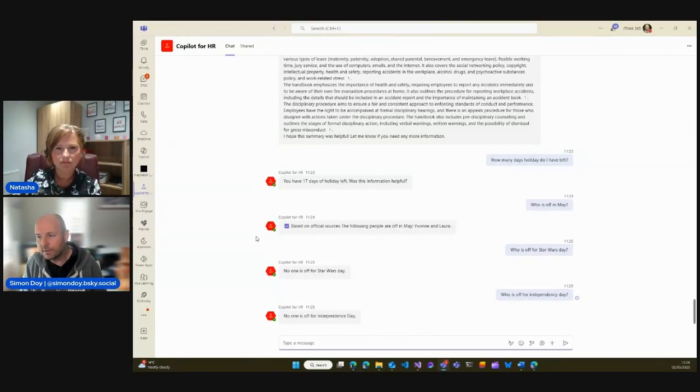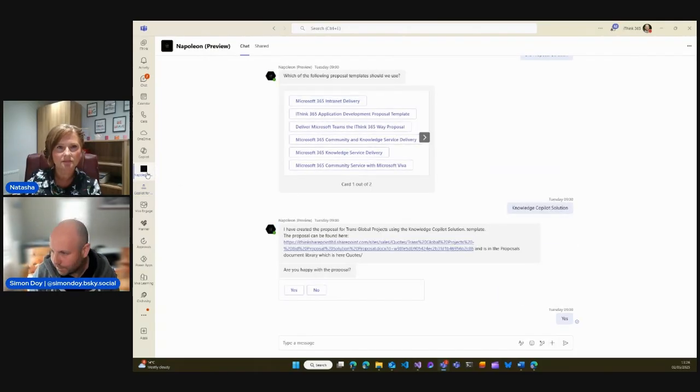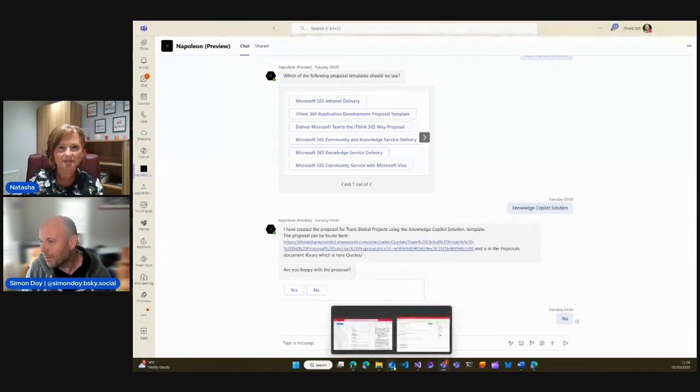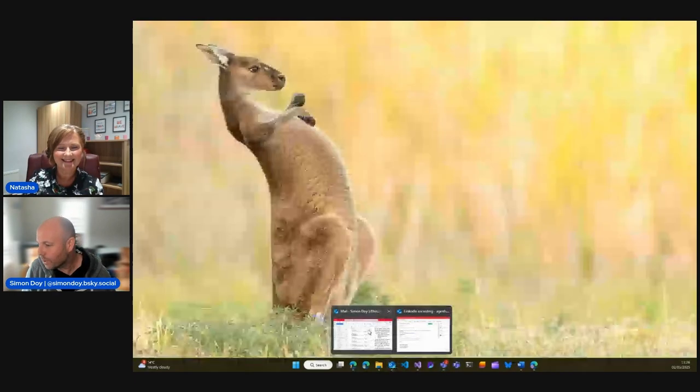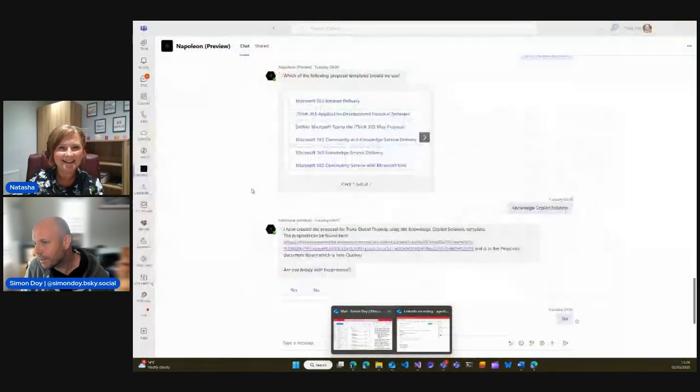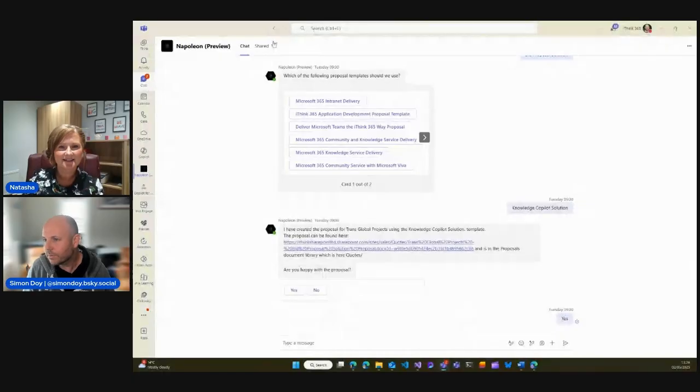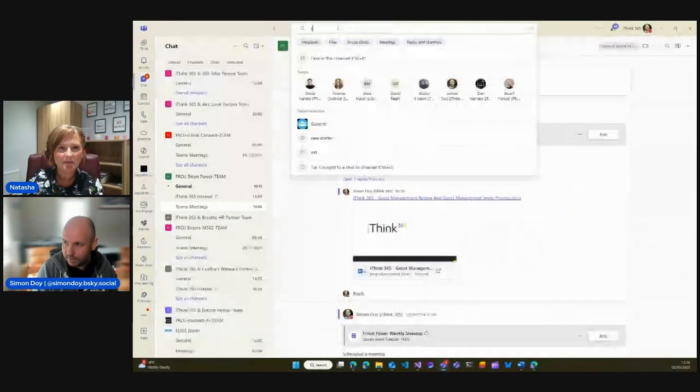Coming into another one, and this is now an agent process. We've got another Copilot, and this is around sales activity. And what we've got is a trigger. So this is what we use in the business. I'm going to show my Outlook, which is probably a bit dangerous. Actually, no, I'll show my Teams. Let me do this. So if I go into chat here and see what we've come up with, and if I go into the sales team,